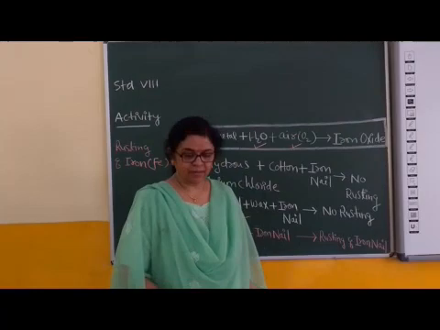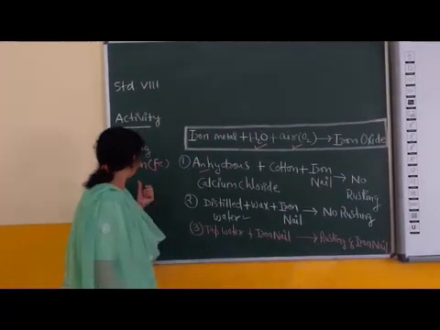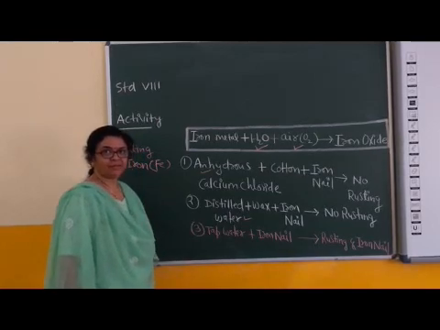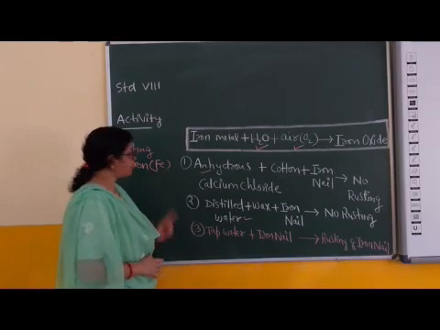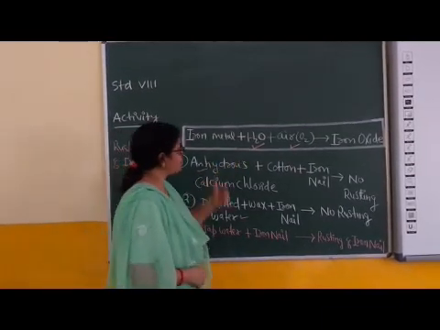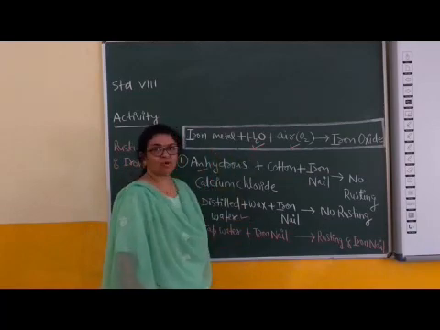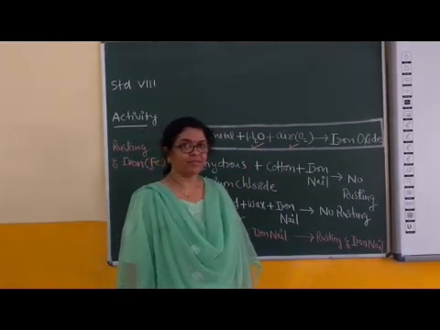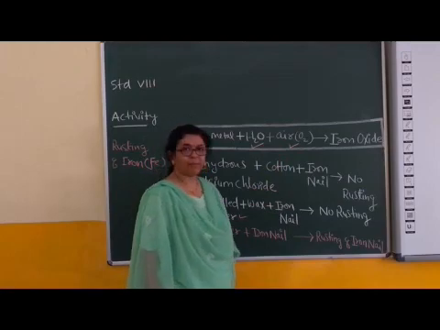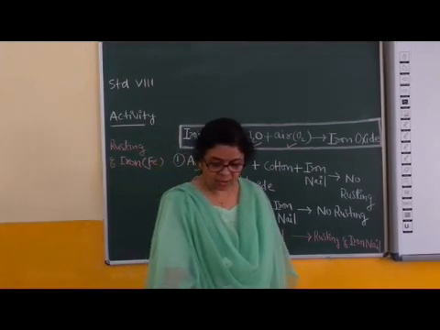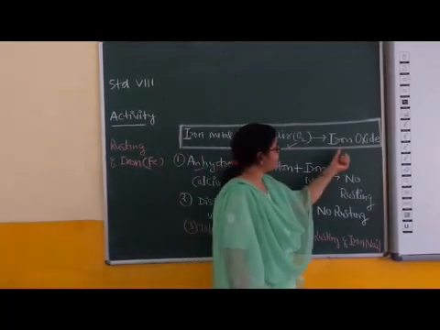Good morning dear students. Today I am showing you different conditions which are required for rusting of iron or corrosion of iron. Okay children. Now the word equation for the rusting process or corrosion process of iron is this. First is exposure of iron metal, then presence of humid contents or water. Next one is air or oxygen. Then what happens? Corrosion of iron occurs or rusting of iron occurs and rusted form of iron appears in brown